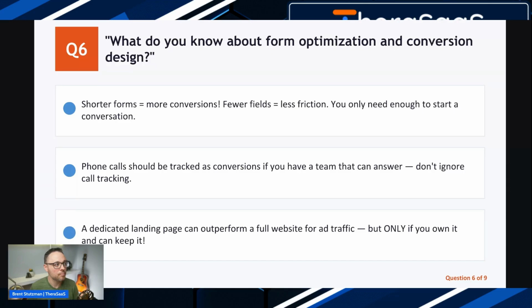And so for me, I think having a longer form, we have seen conversions go down with longer forms, but the quality of those conversions are way higher. They're very much interested in services because they took time to fill out the form, so that your intake team can qualify them even more on the end, and then they can hit the ground running when they make a phone call to reach out to that client lead and schedule them. That's just the nature of the beast when it comes to marketing.